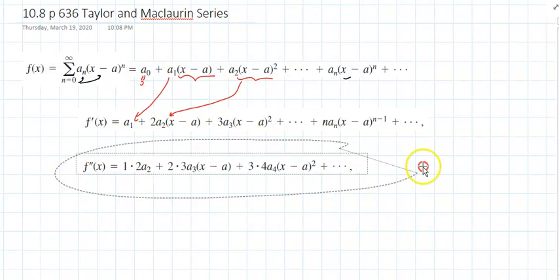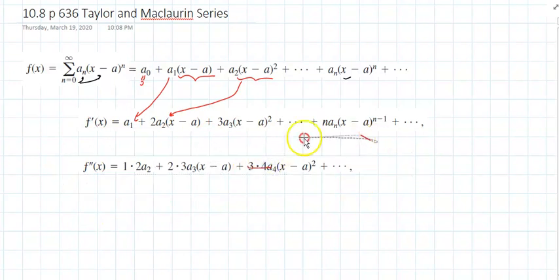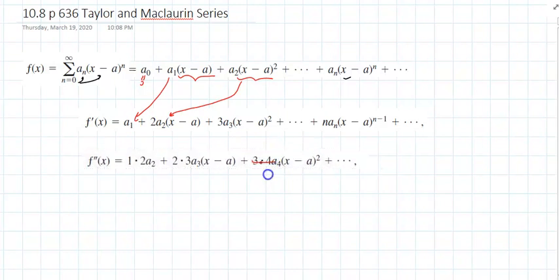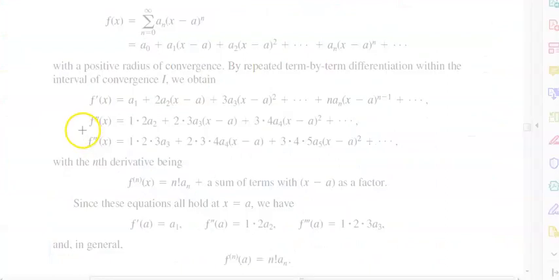a second derivative, you would notice that the derivative of this would be 0, the derivative of this will be 2 a sub 2, the derivative of this will be 2 times 3 a sub 3 to the power of 1, and the list goes on. And if I take one more derivative,